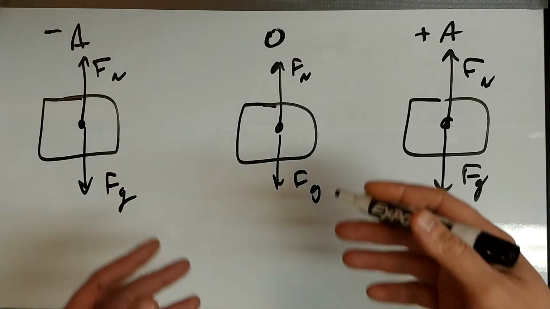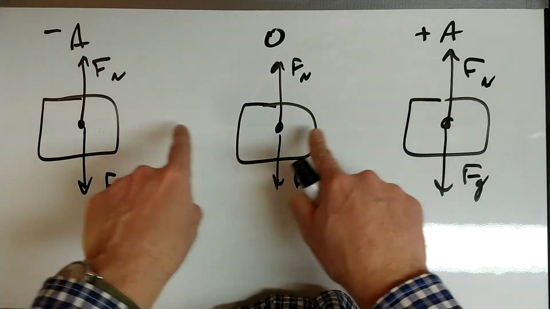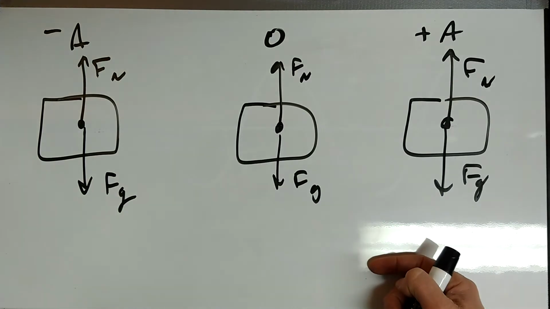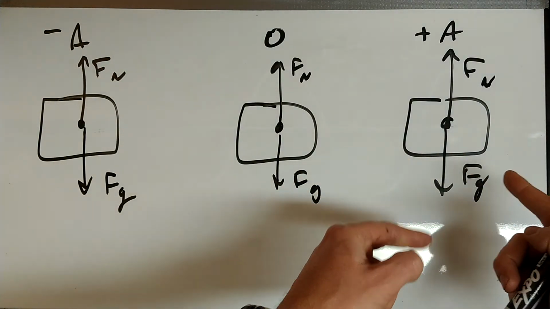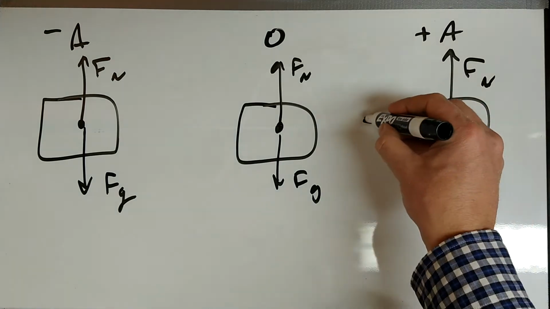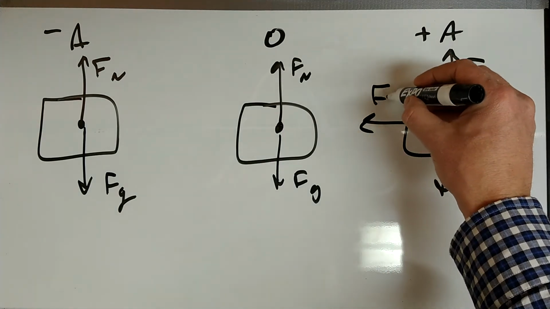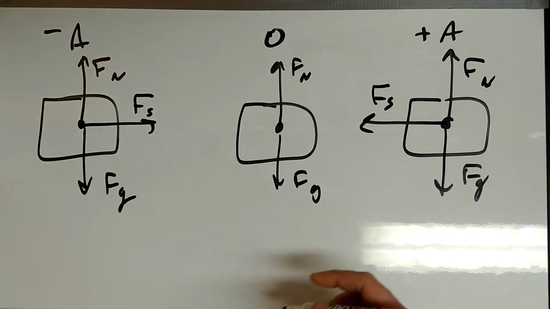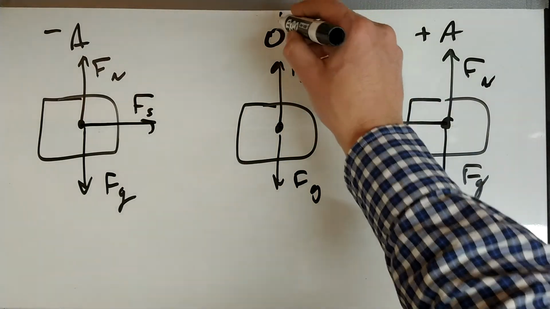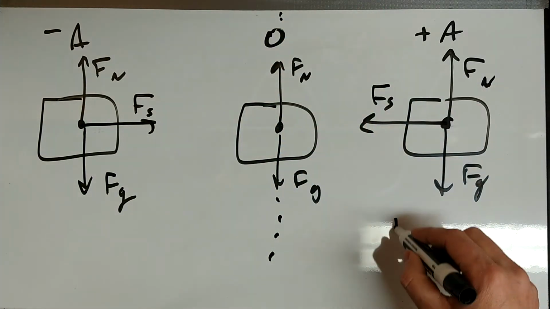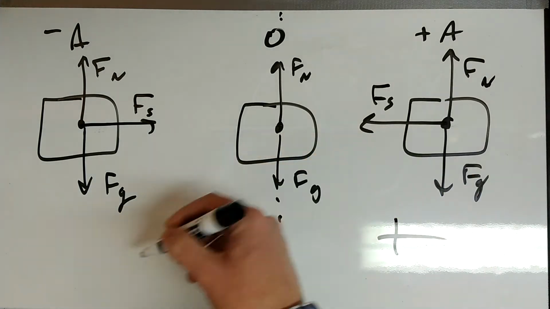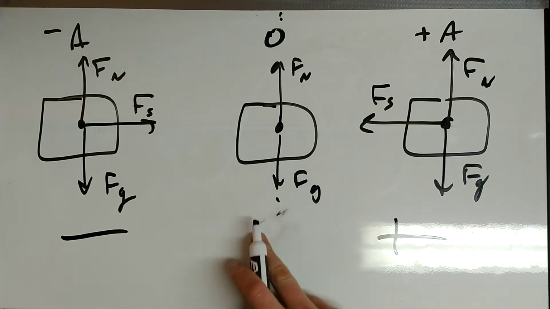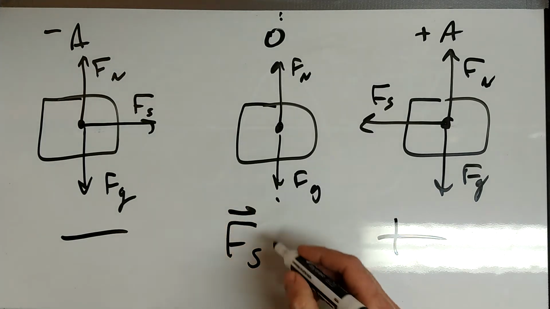All right, so this is oscillating back and forth. In the middle, there is no actual force technically when it's at the equilibrium position. The spring does not apply a force. But when it's over here, the spring is going to pull it back this way, say Fs, and when it's over here, the spring is going to pull it back this way. All right, so whenever the position is positive, the force is negative. Whenever the position is negative, the force is positive,